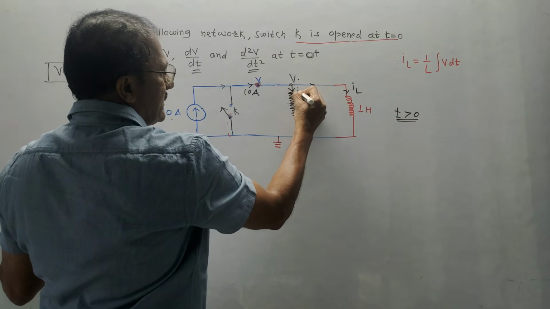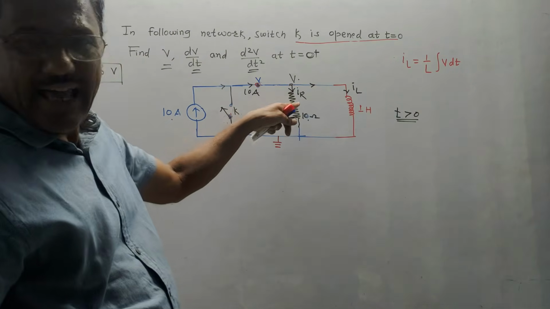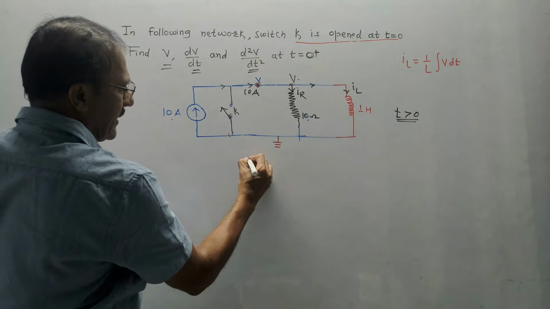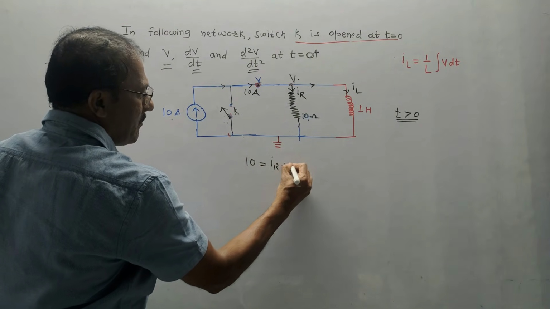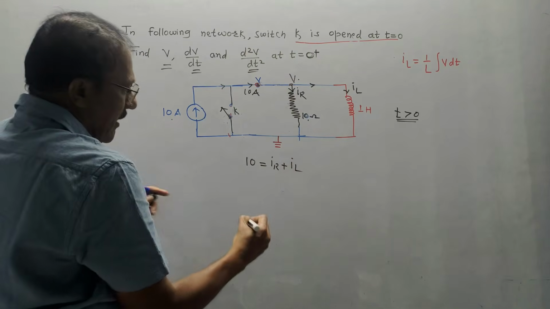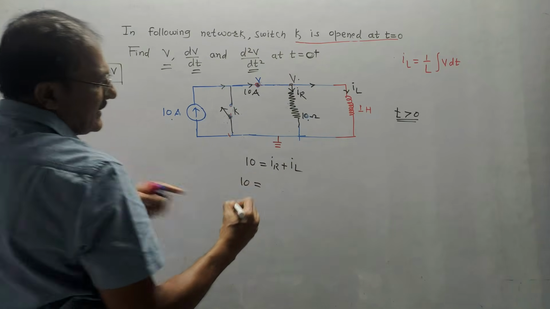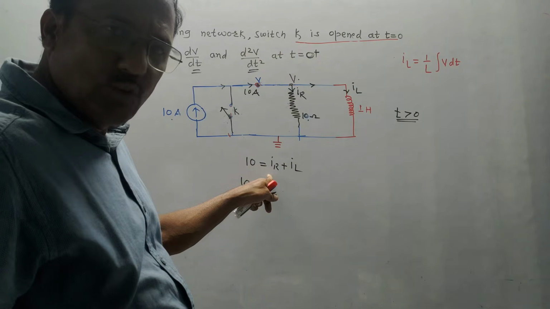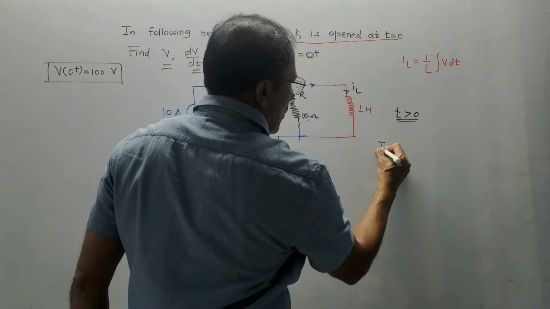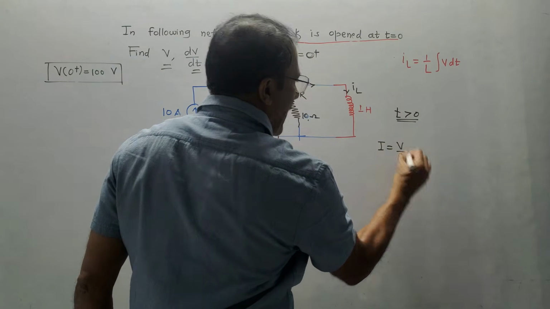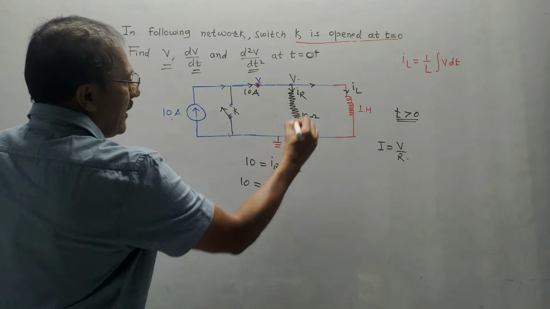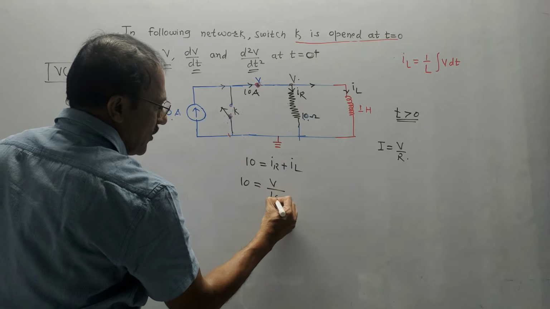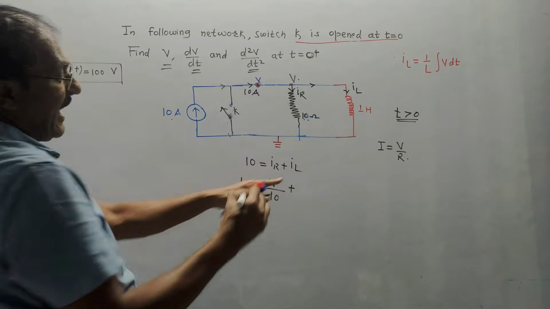The current through the resistance I will denote by IR. So simply we can write the equation 10 is equal to IR plus IL. Now this 10 remains as it is. IR is the current passing through the resistor. So we have Ohm's law, I is equal to V upon R. So I will write this equation as V upon 10, since the value of R is 10 ohm, plus IL,